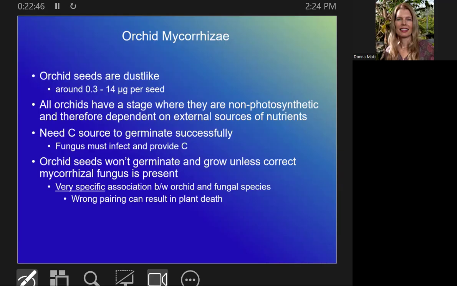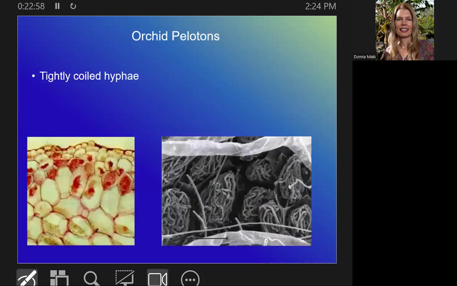So they have interesting, I showed you that previous picture of how the fungus interacts with the roots. The orchids have very interesting internal systems. So here you see an orchid root, and the fungal hyphae is really tightly coiled. This picture on the right, you can see it a little bit better. And so those are called,